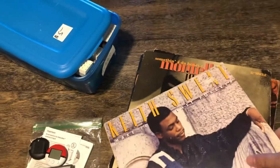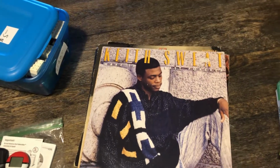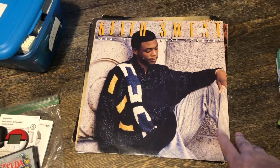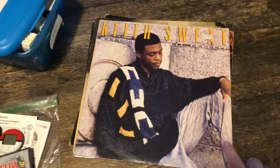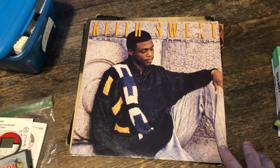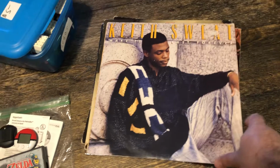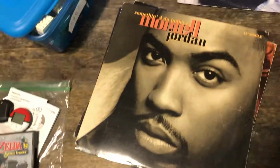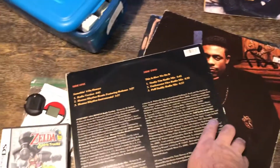So this actually sold for like $40 on eBay. So that's what I listed it at. I got it listed for $39.99. Excuse me. I had an offer for $25. I turned it down. So if I can get $30, I'll be happy. But it's a good record. Pay $2 each. I got Montel Jordan, Something for the Honeys, and then it also has remixes of